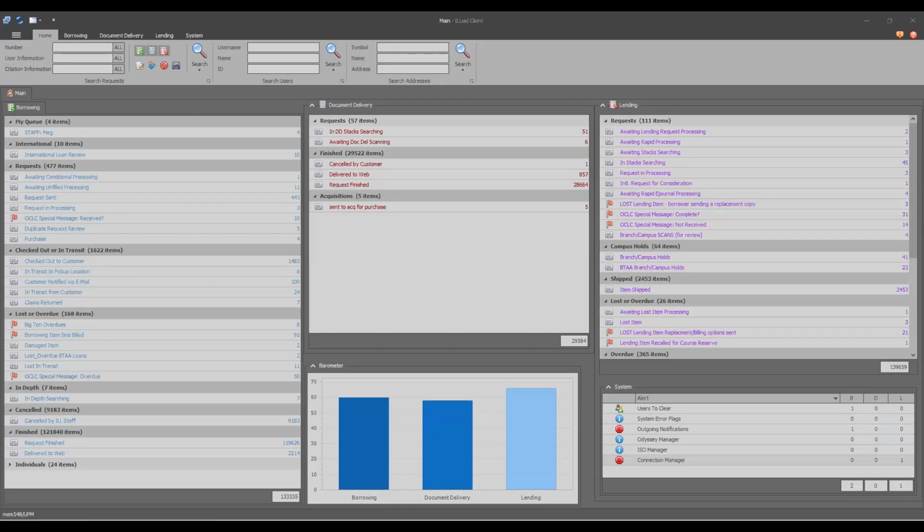Here's just a quick preview of what my account looks like. You can see here the sorts of customizations that are possible, even when it comes to the look and feel of Iliad.